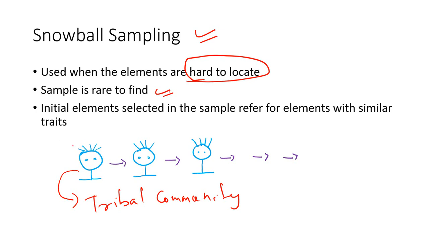person in a village and ask him whether he has a particular disease, and if he says yes, you select him, and then ask him who else in your village also has the same disease, and then he will refer to the second person, and again you select him in your sample, and you can simply follow the same process. So that's known as the